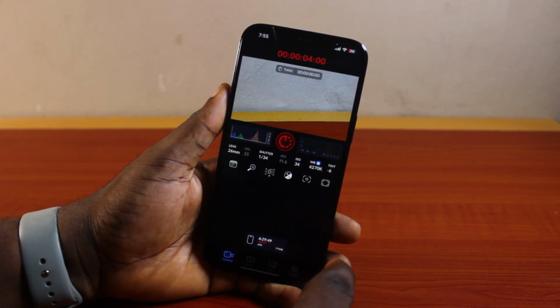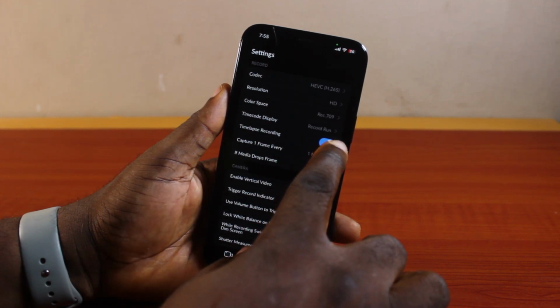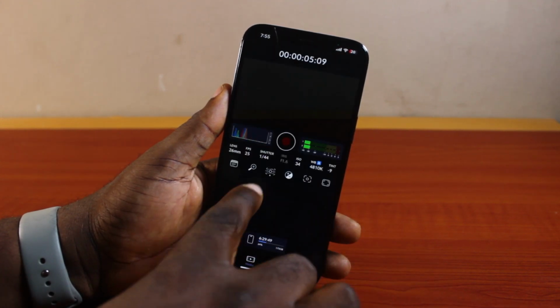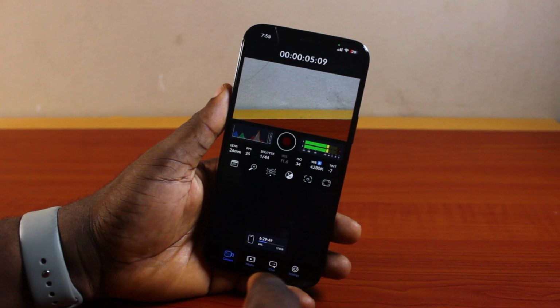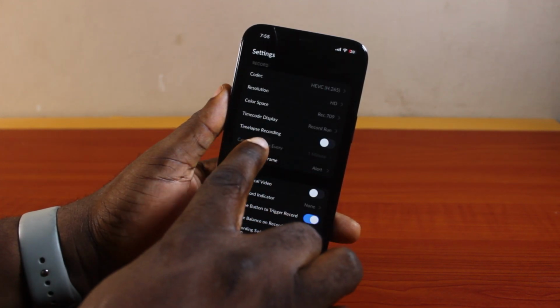So if you come back to the settings page like this, then disable time-lapse recording, come back to camera, you discover that it's no longer available. You see that? So that is basically how to turn on or how you can easily turn off time-lapse recording